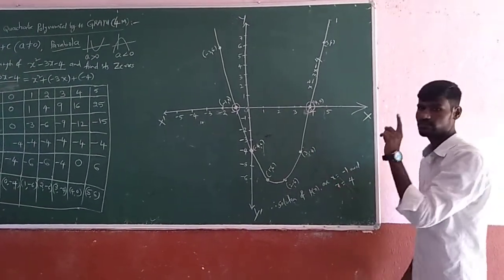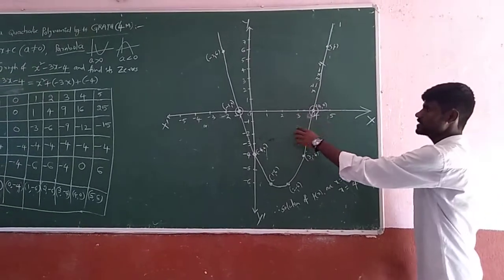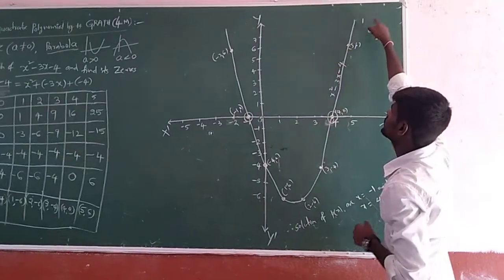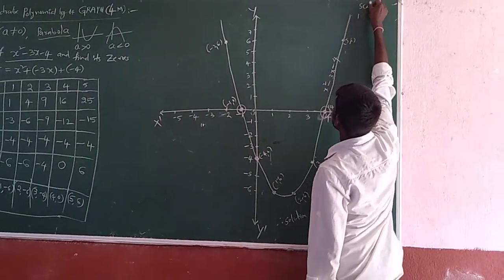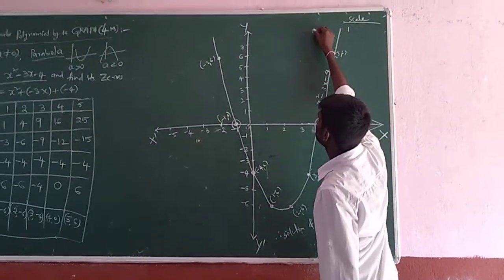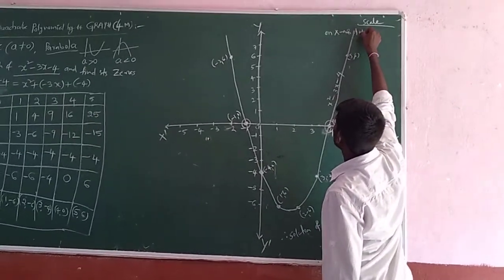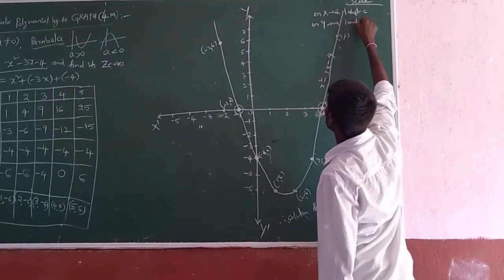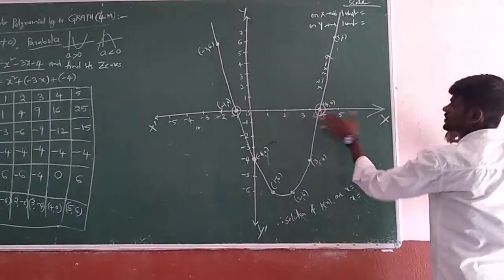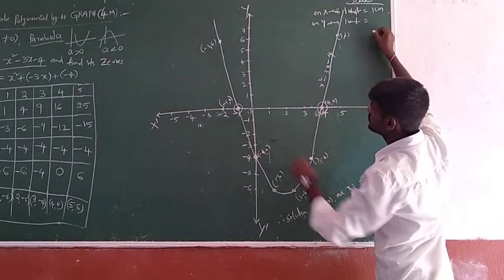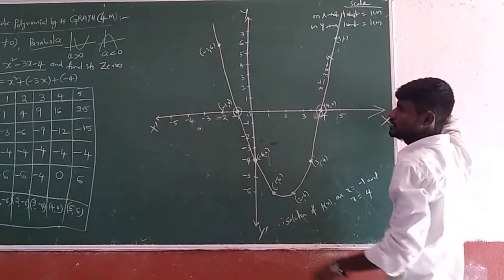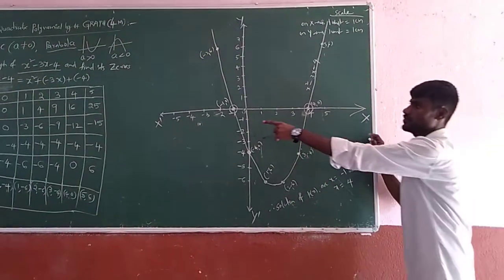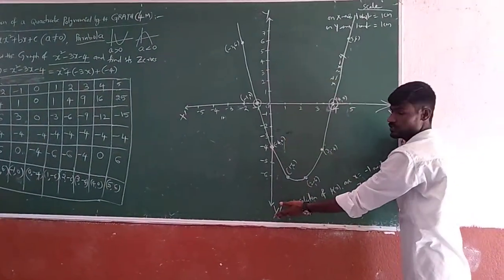So this is the way. And one thing you have to notice: in this graph sheet, you are taking the x-axis and y-axis with a difference of 1 unit. That thing you compulsorily have to write here. We call it scales. You have to mention it compulsorily. On the x-axis, 1 unit equals how much? And also on the y-axis, 1 unit equals how much? So here, on 1 unit, how much difference are we taking? Only 1. So write 1 centimeter. On the y-axis also, 1 centimeter. If you take a difference of 2, that is 2, 4, 6, you have to mention that here. So x negative 1, x dash, y, and downward is what? Y dash below.